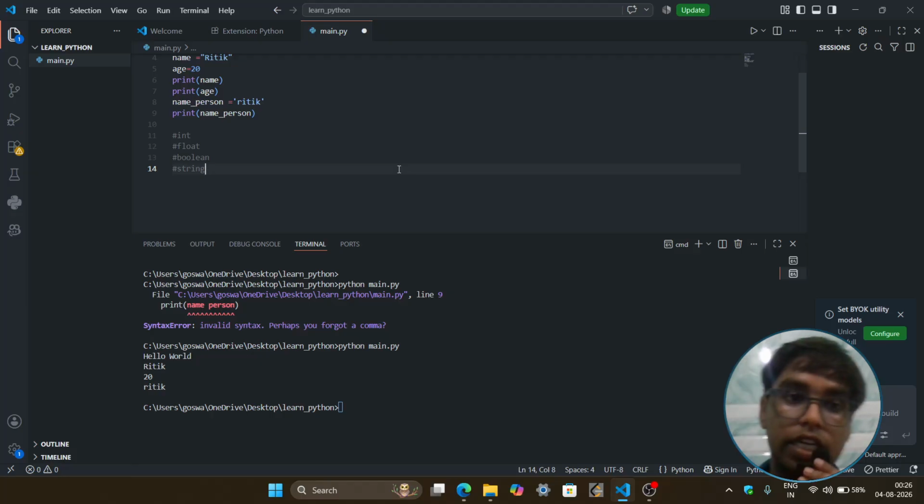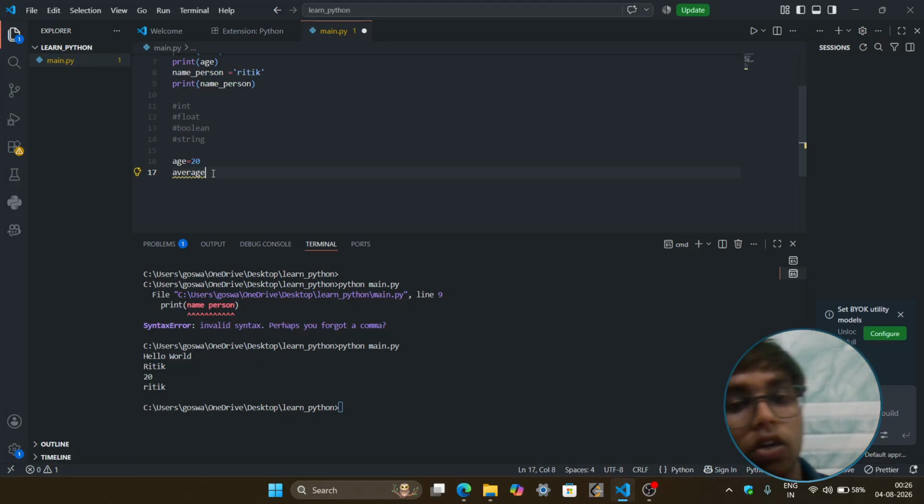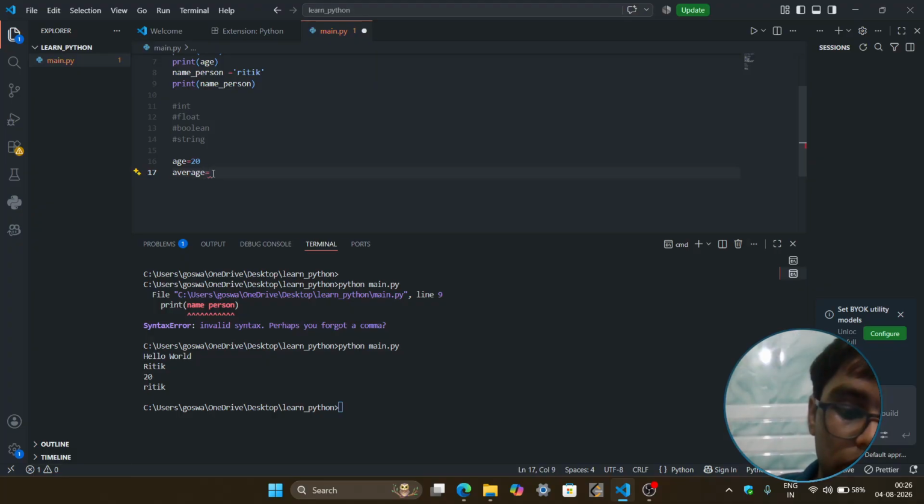So let's talk about integer. Integer is basically if you want to enter our age, it will be in the integer data type. But if you want to store something like an average and it comes out in a point value, we cannot use integer for that, so we use float, like 20.12.